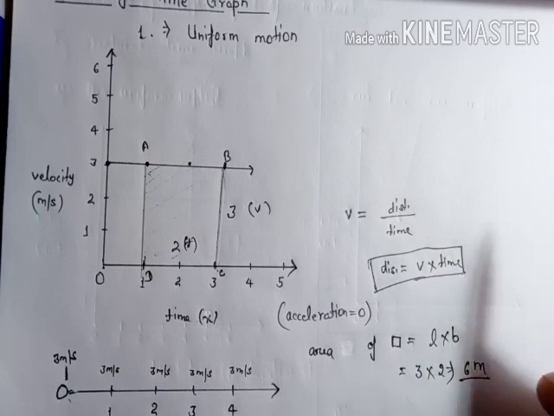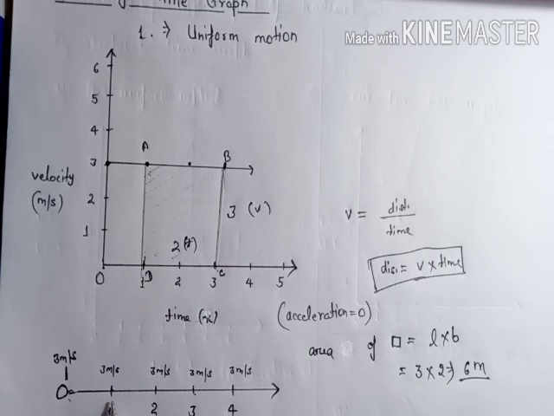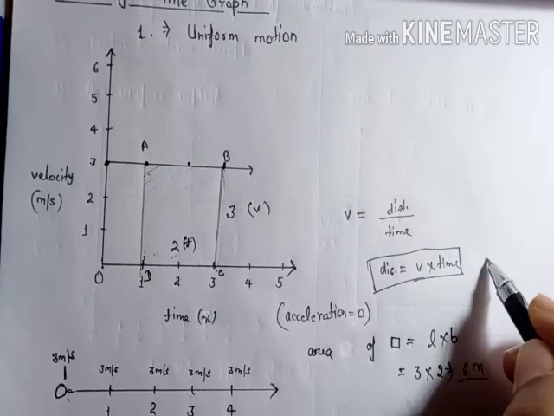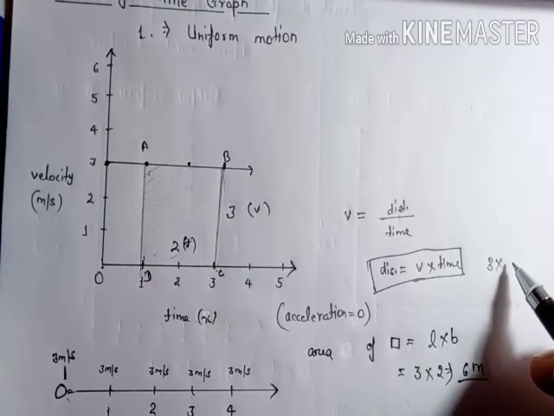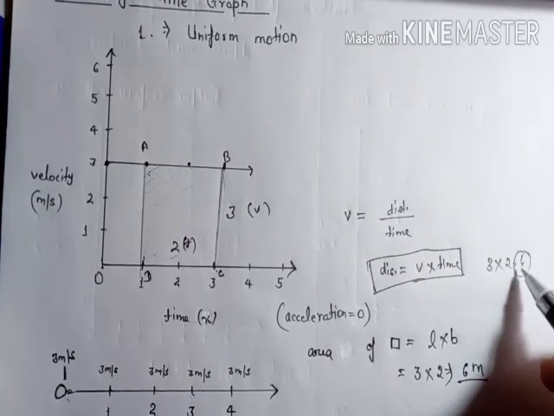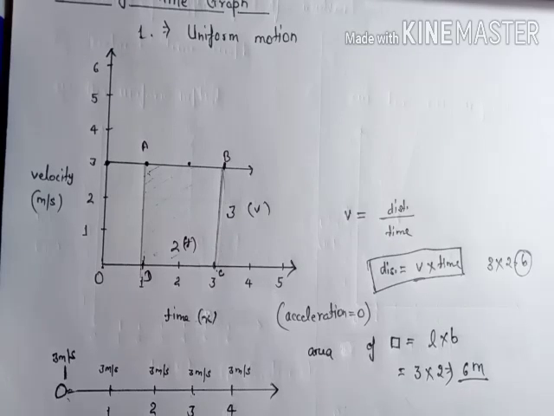And if you multiply the velocity of the body, that is 3 meter per second, and you are going to calculate the distance traveled for 2 seconds, speed is 3 meter per second and time span is 2, again this is 6. So even if you get a question, calculate distance traveled by the body in velocity time graph, in uniform motion or in non-uniform motion, calculate the area under this graph and you will get the distance traveled.